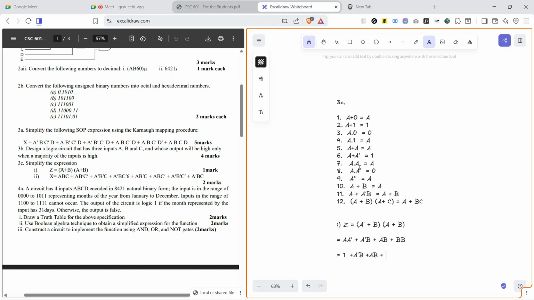BB is the same thing as AA, so BB would be B, right? If we factor B out, this would be B into A plus 1. Like if we factor B out in these two. A plus 1 is 1. So that would mean we'll have A bar B plus B, since this has already turned 1. So if we factor B out again in A bar plus 1,